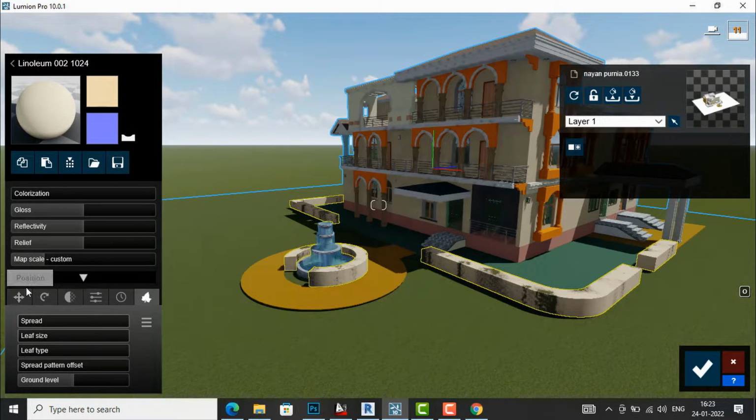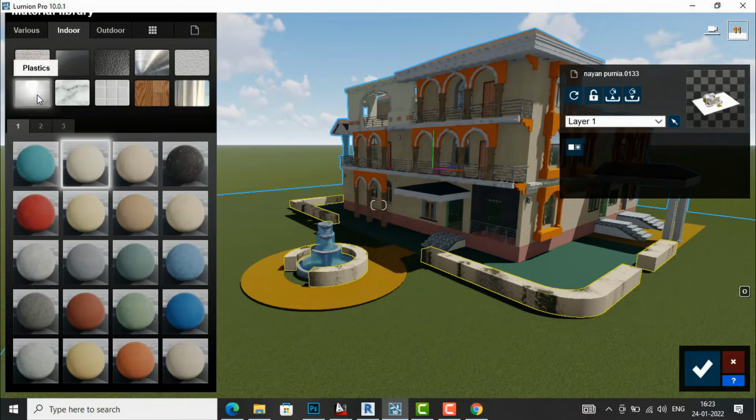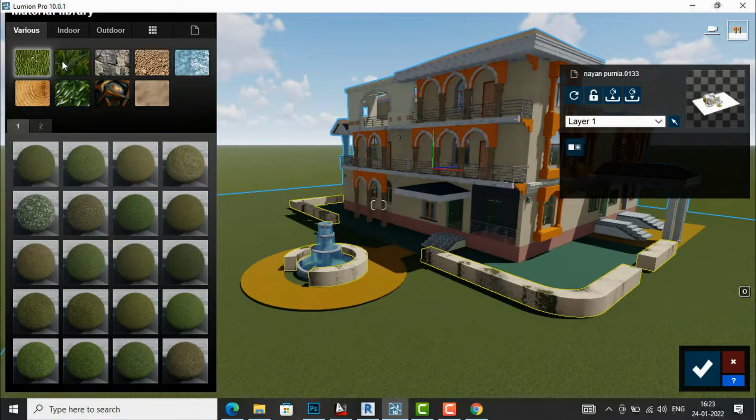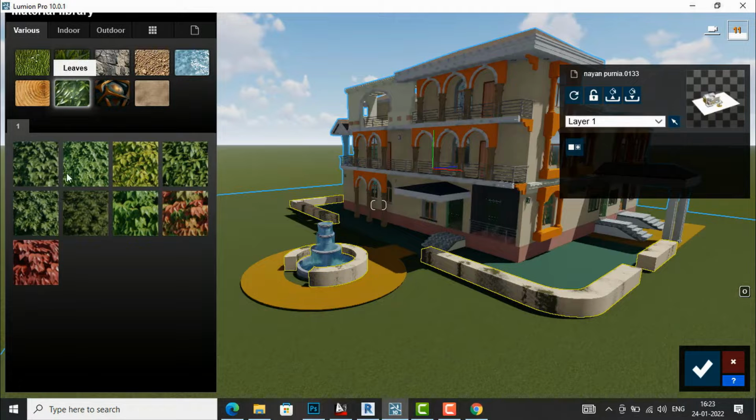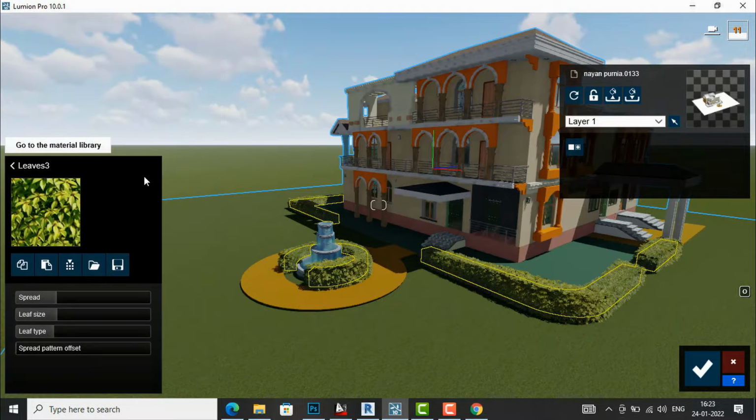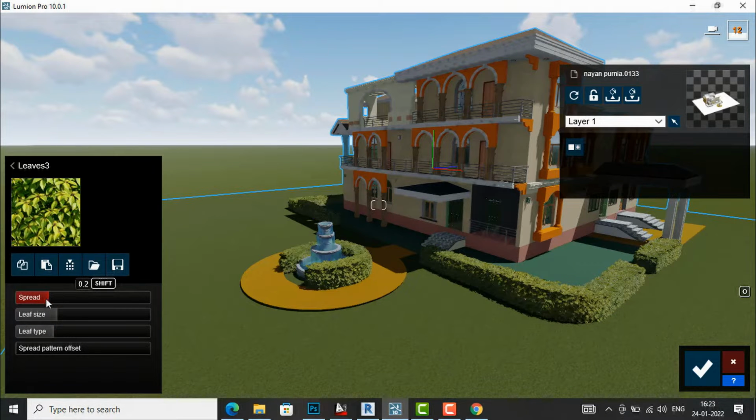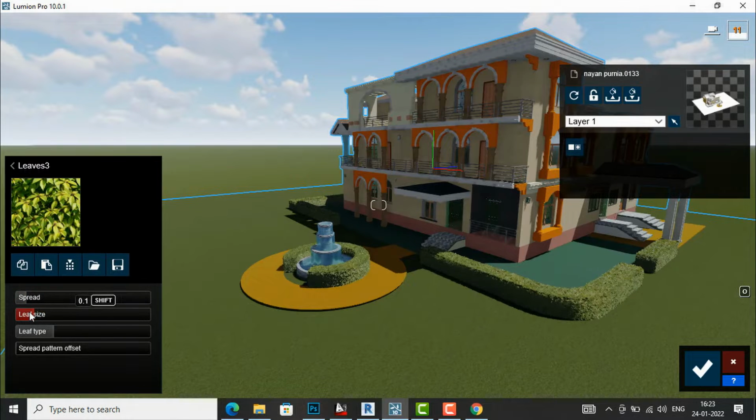So now I am going to change this material, and you can also change foliage from going to these various options, and now I am going to select this one, leaves. If I select these leaves, and I select this one, you can see this foliage is applied here. So after this you can spread, you can adjust the leaf size,